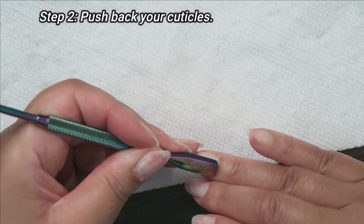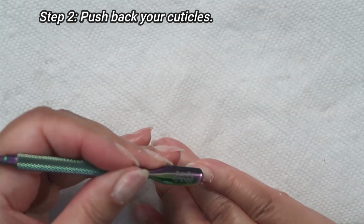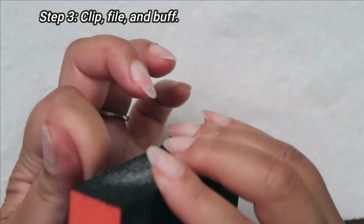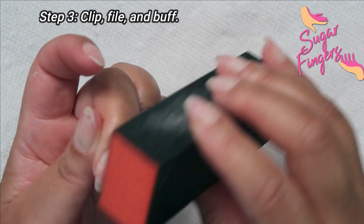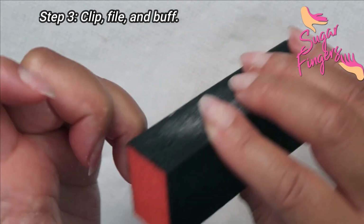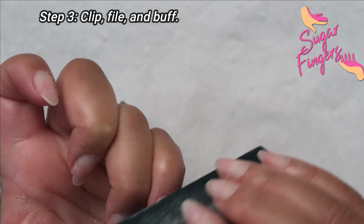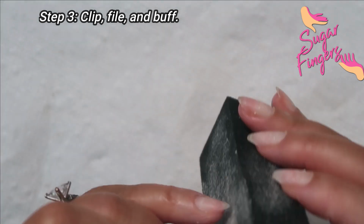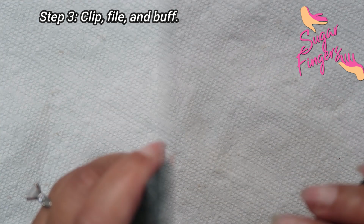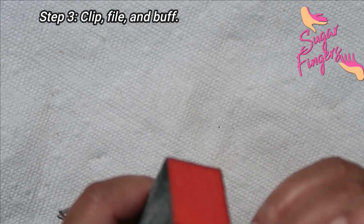The next step is to clip, file, and buff your nails. Now, everybody's steps may be different. This is just the way I do my particular steps. So in the process, I'm not clipping my nails down, of course. I will file them and make sure they're shapely, buff off any excess glue that remained after I removed my false nails. And then the fourth step,